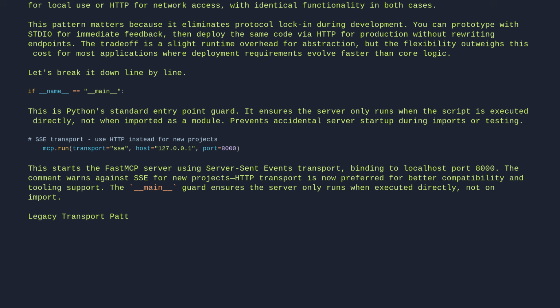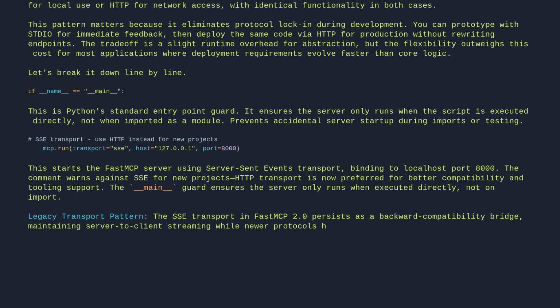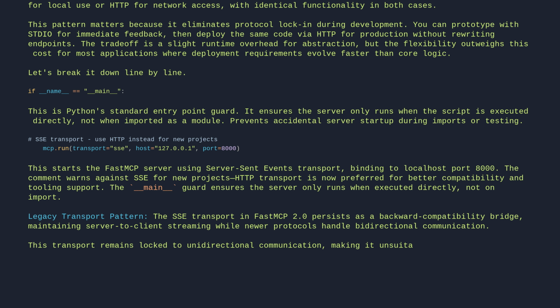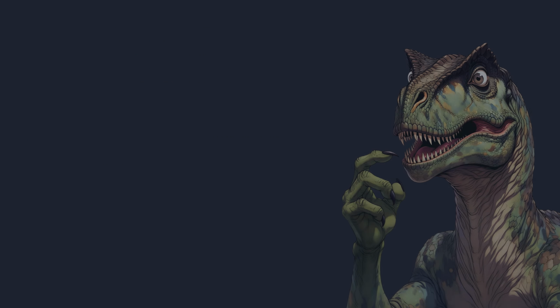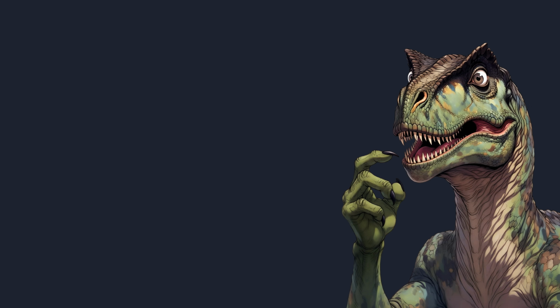Legacy transport pattern. The SSE transport in FastMCP 2 persists as a backward compatibility bridge, maintaining server-to-client streaming while newer protocols handle bidirectional communication. This transport remains locked to unidirectional communication, making it unsuitable for modern interactive applications. Migrate to streamable HTTP for all new projects to unlock full bidirectional capabilities. The protocol that speaks only half the conversation still carries the whole